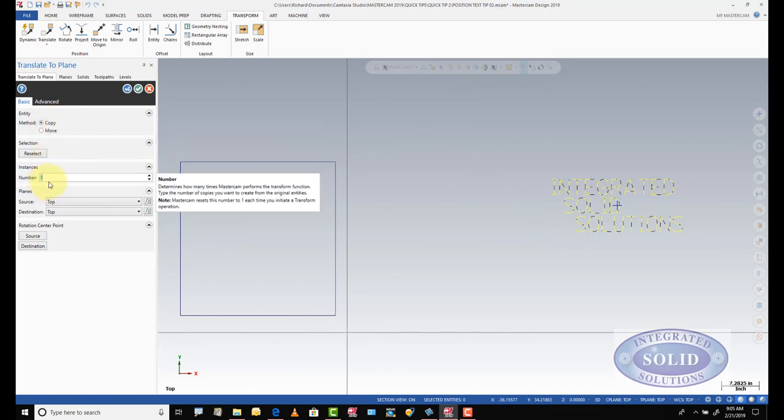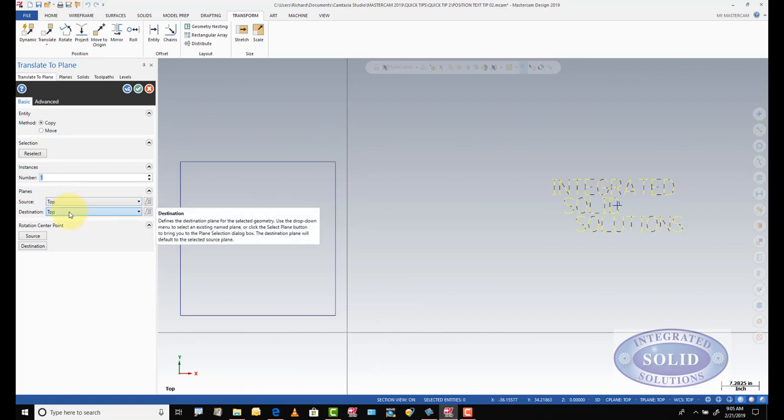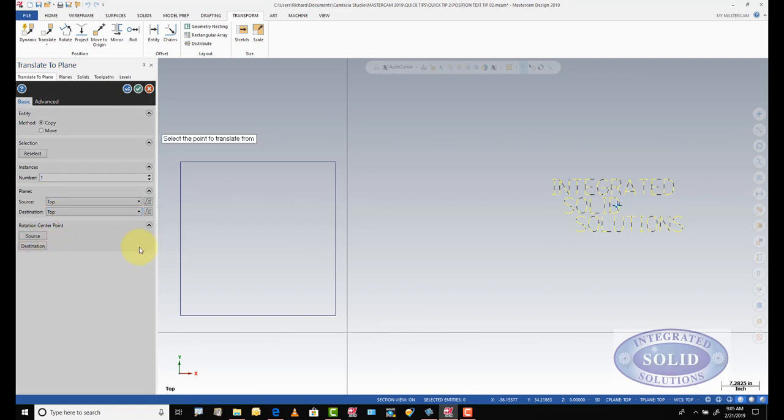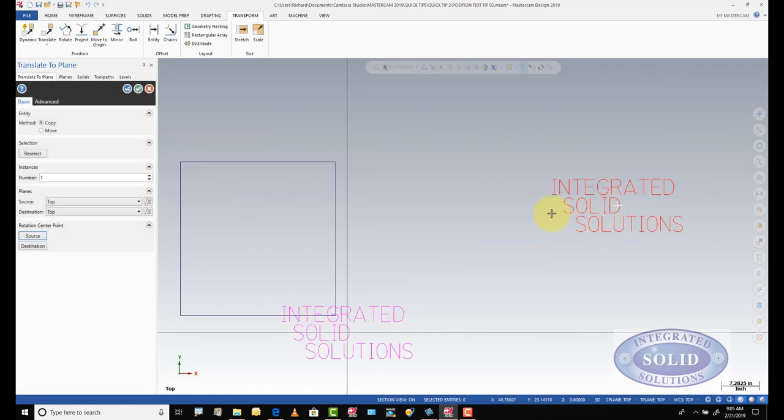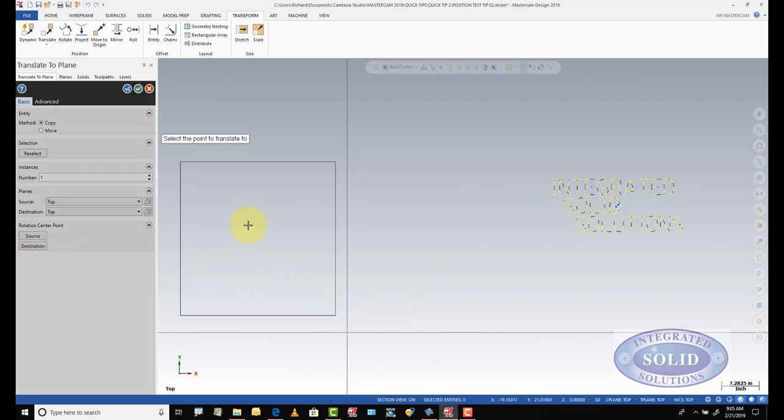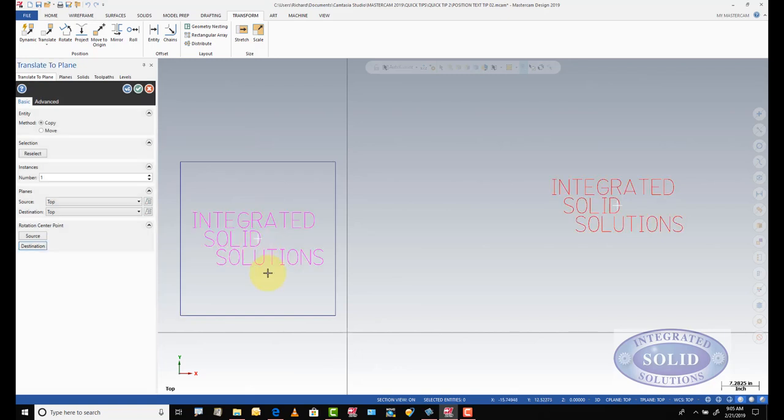I'm going to do one instance. I'm going from a top plane to the top plane. I don't need to change my destination plane in this case. The source is going to be this point that I made. Right now, it thinks that I want to go to 0, 0. By selecting destination here, I'm going to tell it where I want it to be by hovering over this point here and making my quick center with this little trick. I'll select it. Now I have the text located perfectly